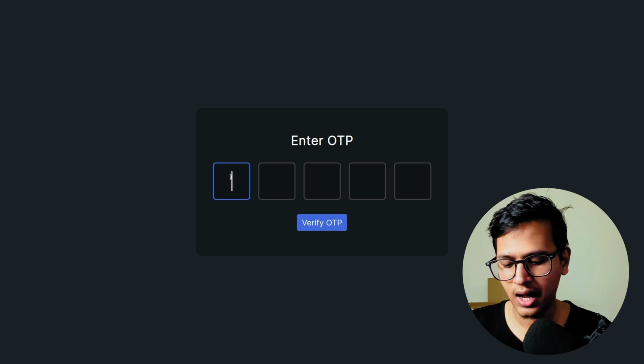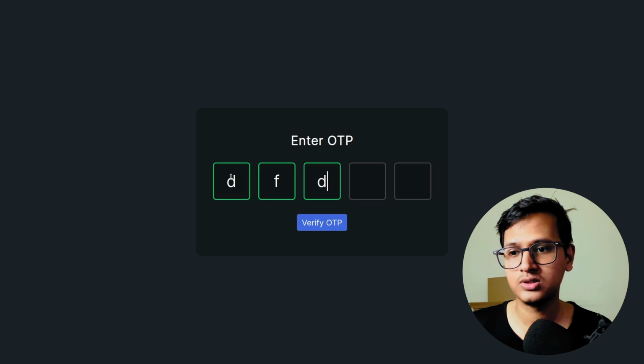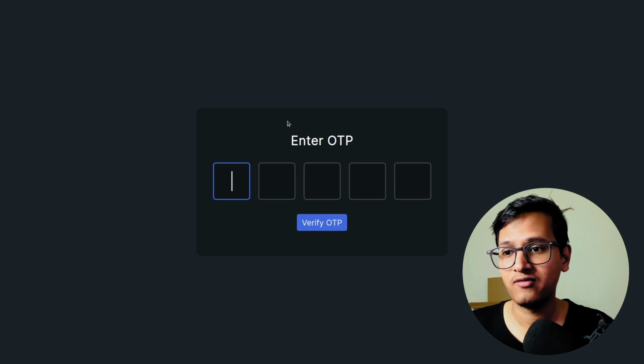Whenever I provide any kind of value, it will automatically go to the next input, you can see, and whenever I clear out the value, it will automatically go to the previous input. Great. And we will also have features like whenever I want to paste my OTP,